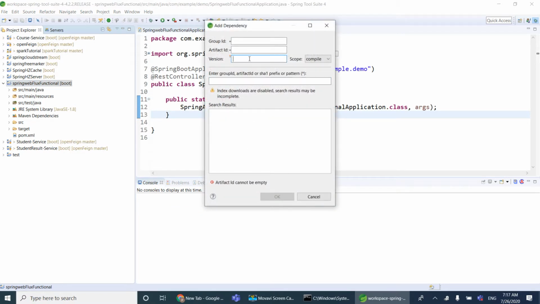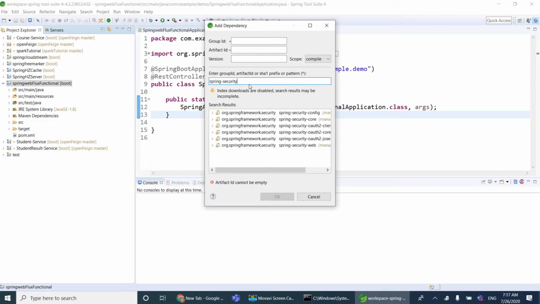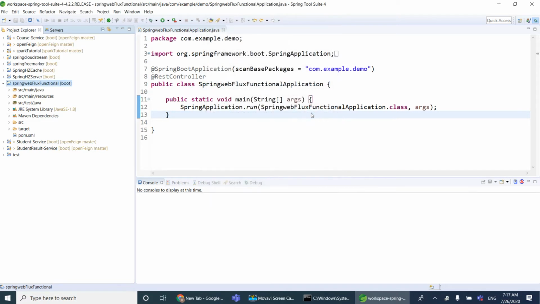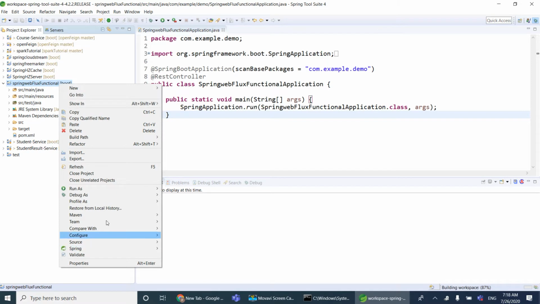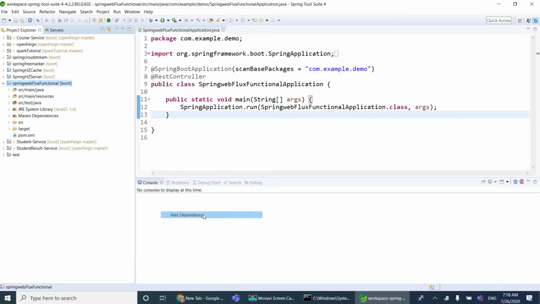Spring Security config. So I need to search, not here, version. So I'm going to add Spring Security config and I'm going to use OAuth2 login. So I'm going to add OAuth dependencies, Maven add dependencies.